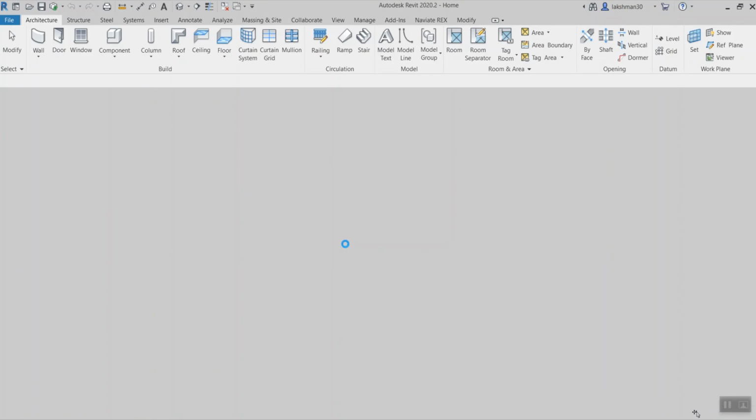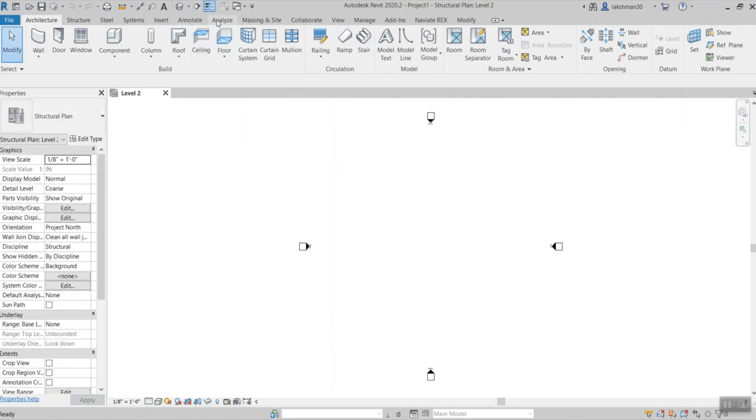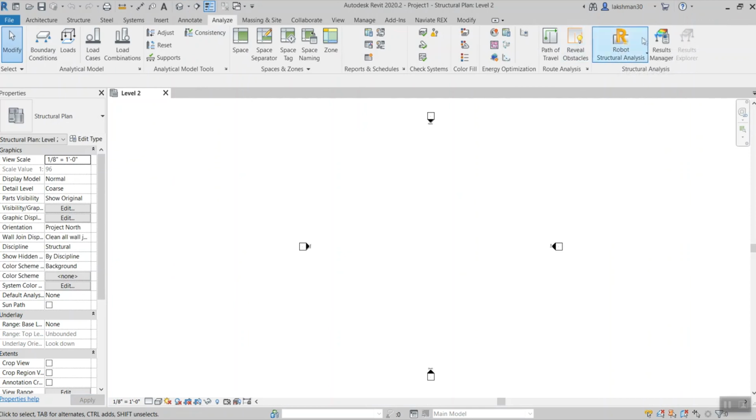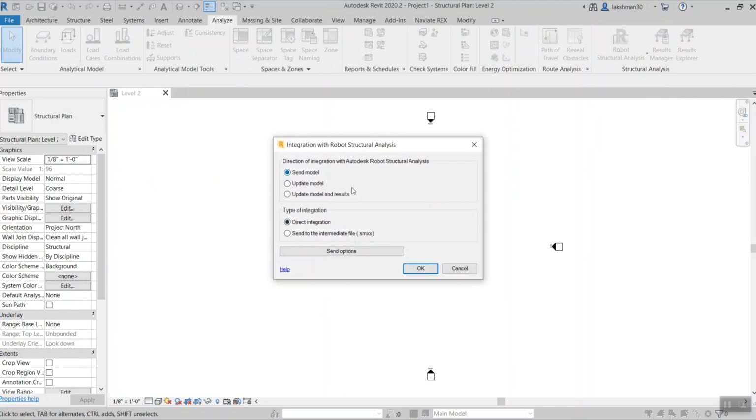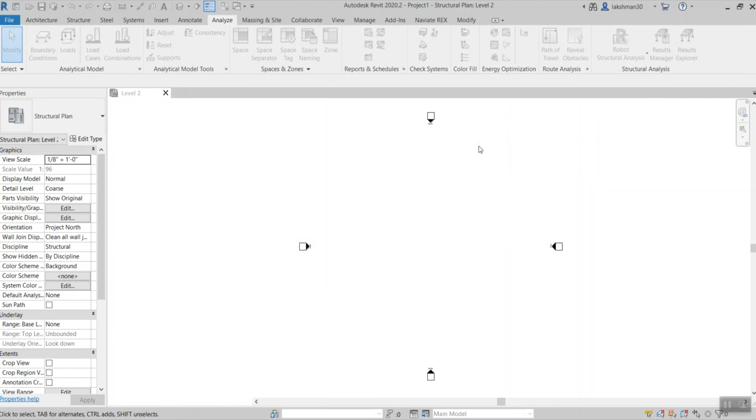I'll show where you can find the Structural Analysis Toolkit once you have downloaded and installed the package. Like in Analyze, can you see? Before downloading and installing the Structural Analysis Toolkit, you can't see this Structural Analysis panel in your ribbon bar. After downloading and installing, you will get the Structural Analysis panel. Dropping it down, as we saw in the PPT, we will have two options here. Can you see the same toolbar which we saw there? Yes, we will go deep into it.